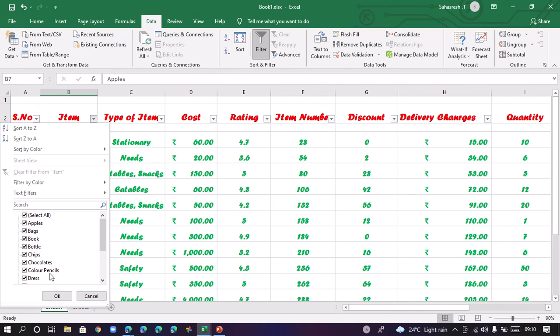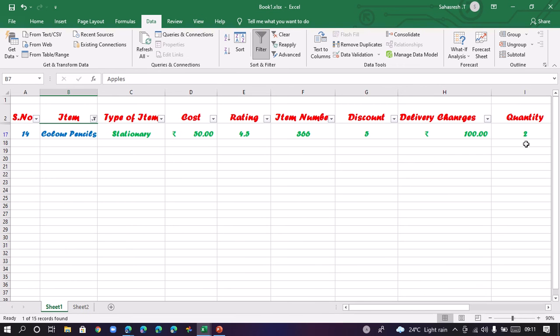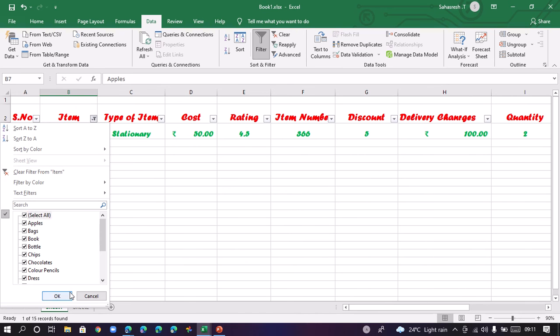In the same way we can do it for all the fields. For the item field, Excel has noted down all the items and the records. So if I take out Select All and click color pencils, I get the records of only color pencils. The same way we have details for all of them.